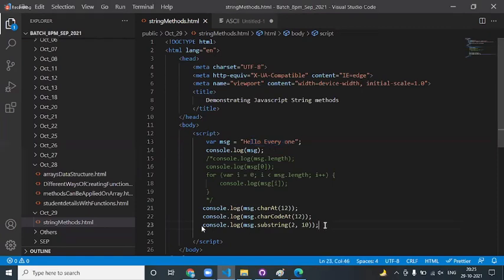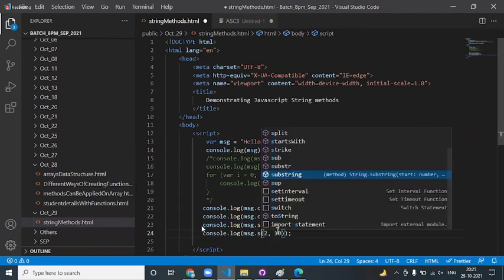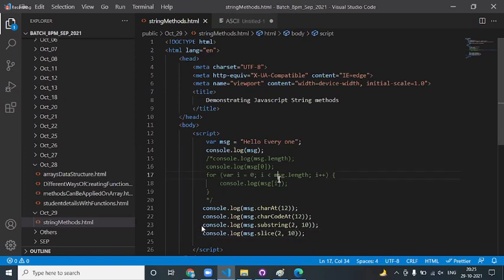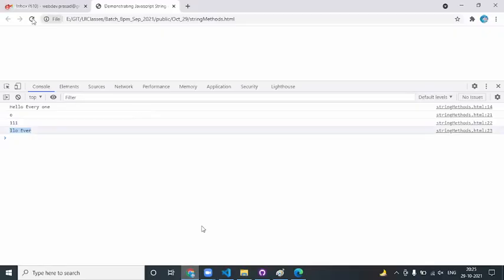In the same way, there is another method, almost like substring, which is called slice. Don't get confused between slice and splice. Splice is used on arrays, to insert or delete values from the array at any required position, whereas slice is again finding the substring. Now, what is the difference between slice and splice? Both are doing the same here. Why so?